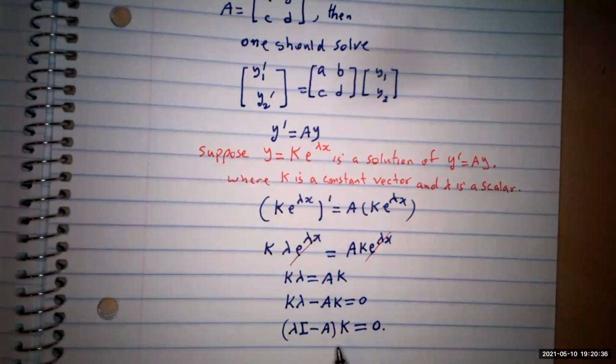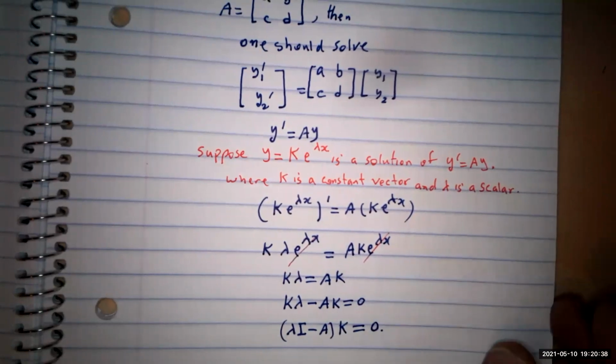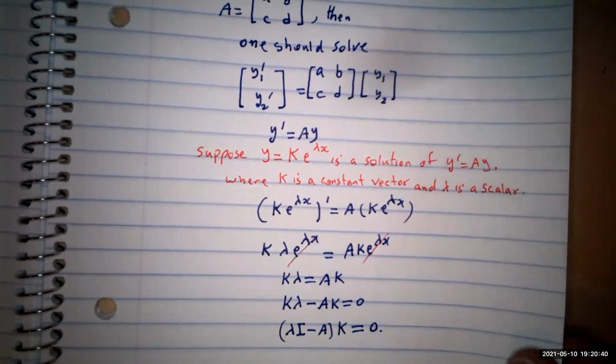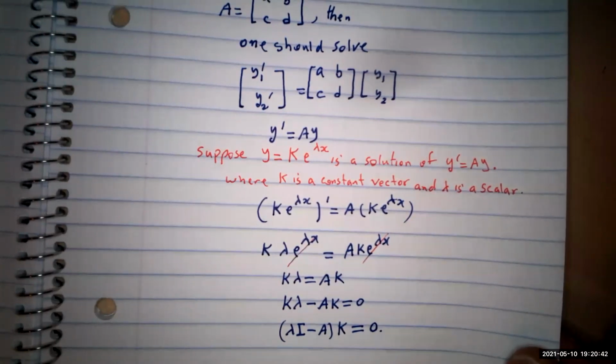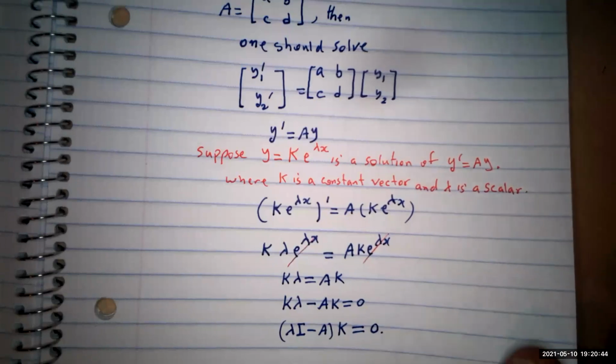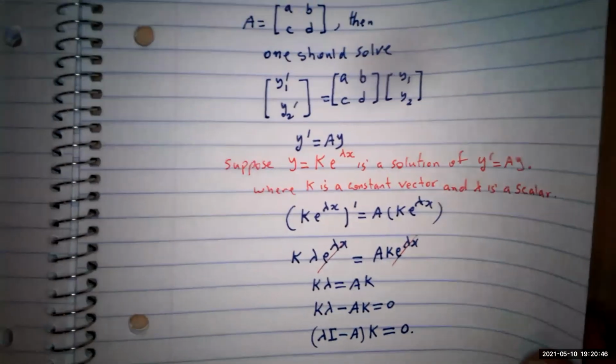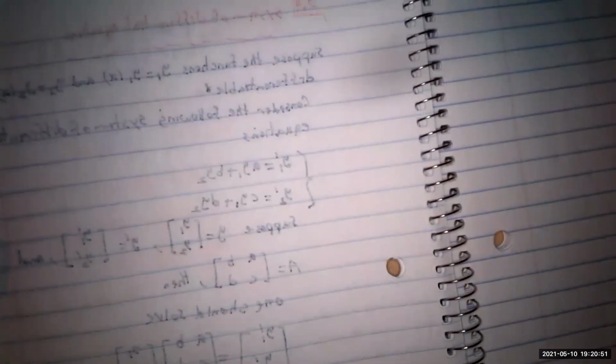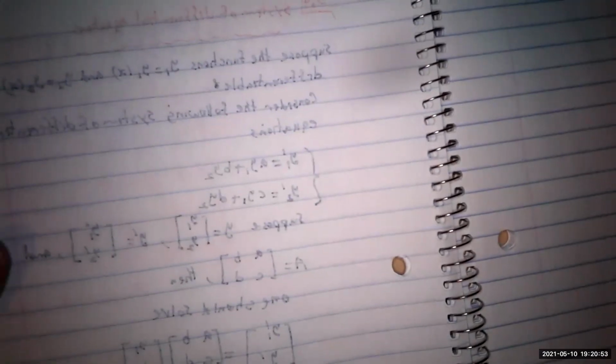So this means you are going to find the lambda. You know how to do it. We just form the characteristic equation, and then we get the solutions. So the conclusion that we have is, therefore,